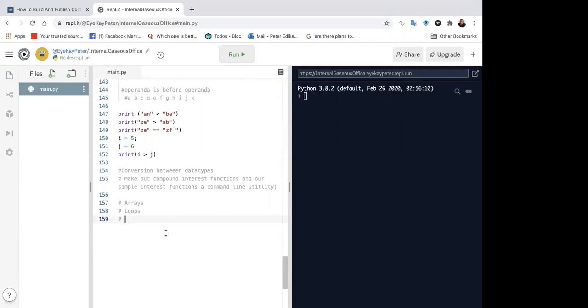So we'll make them available to users to use, a user interface for compound interests and simple interests. To do that, we need to,